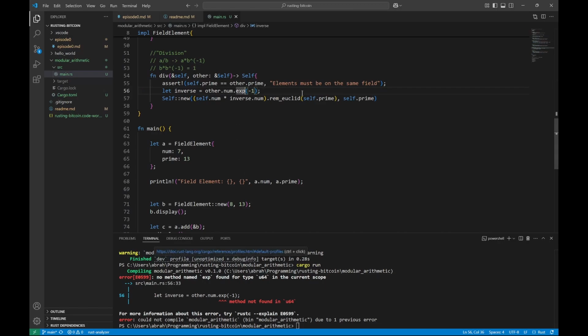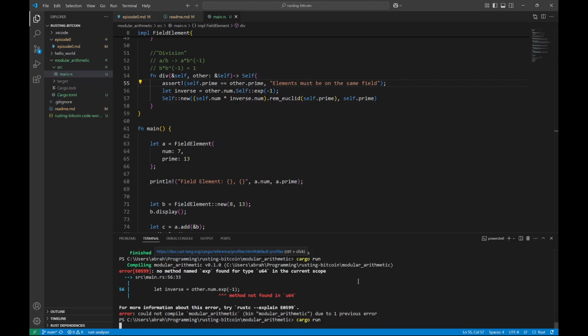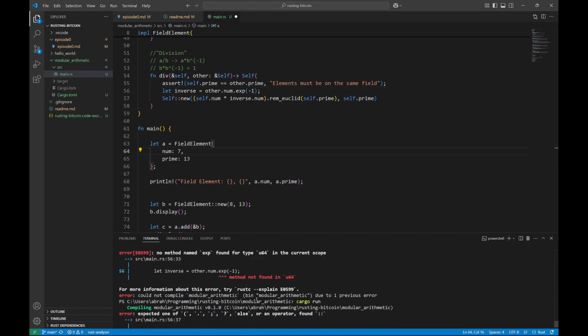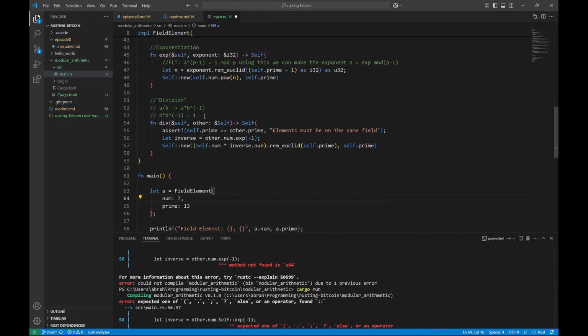Okay, so what we want to do is actually make sure that it's calling... I believe it's not calling from this scope, like from the field element scope. No, what it's actually saying, I wanted to say it wasn't calling the x function, but what it's saying is